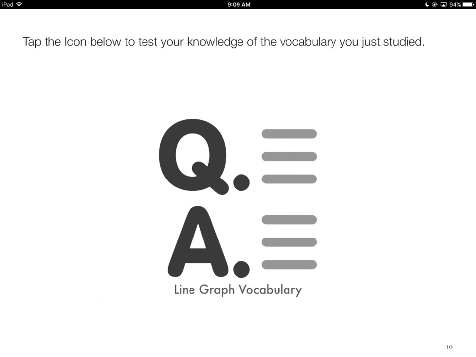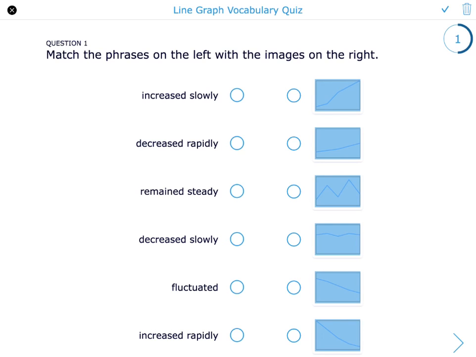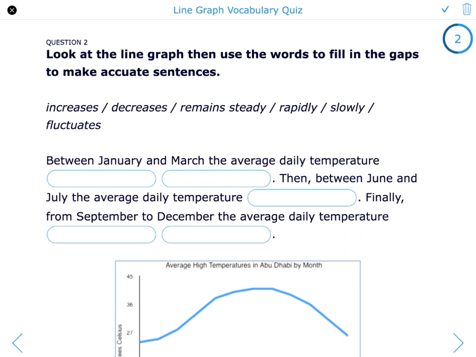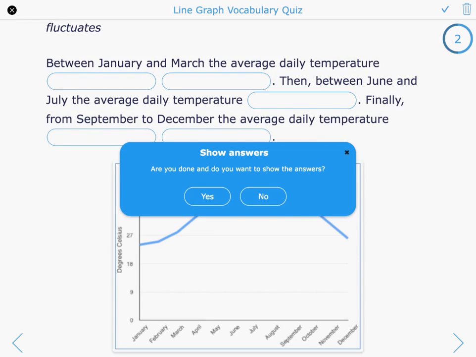When they feel they really know, they can use this quiz widget as a formative self-test. It's machine graded. They match the terms to, and I'm just guessing randomly here, and when they feel they've done that, they can move on to the next page where they use these terms to complete a line graph to describe a simple line. When they're finished, they check their answers,